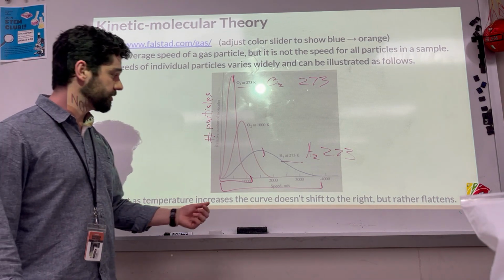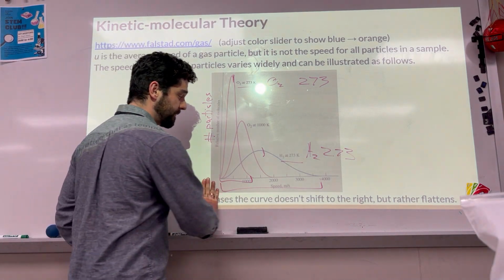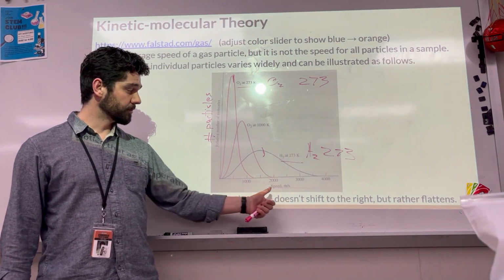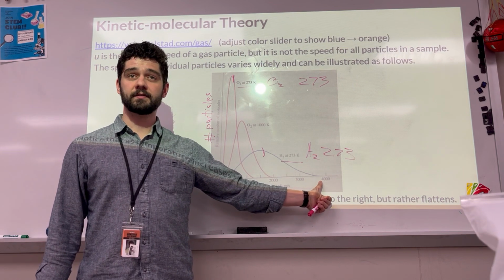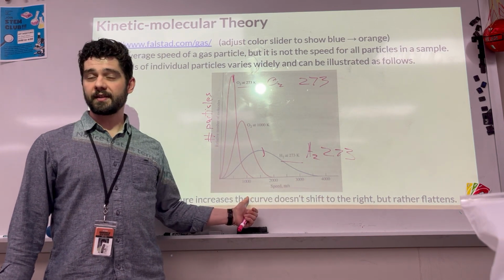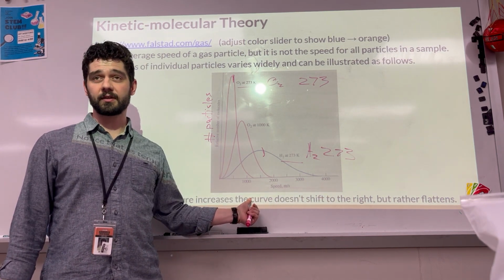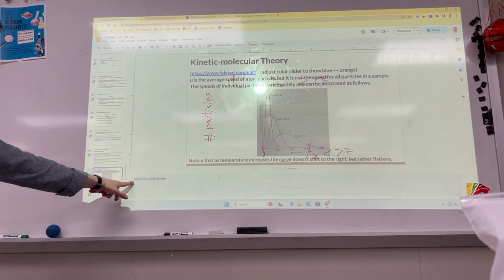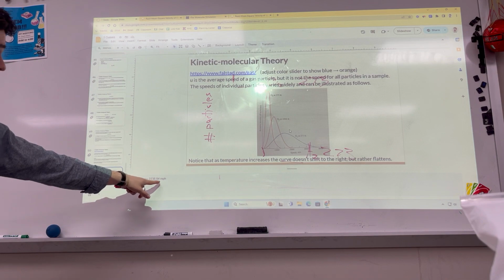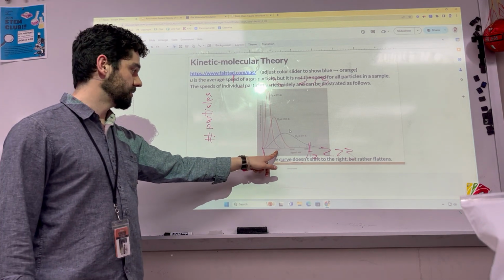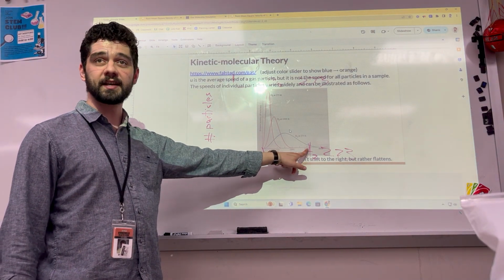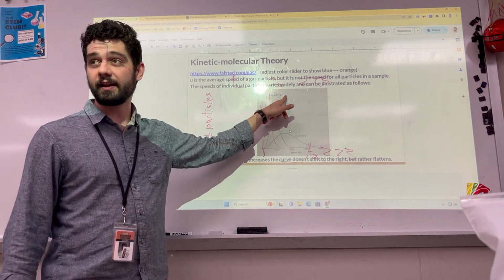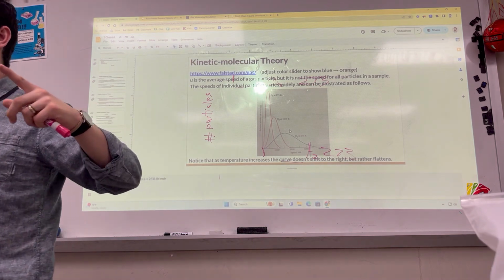Also, just to give us an appreciation for this, do we see how fast these particles are moving? Those are meters per second, 1,000, 2,000, 3,000, 4,000. This is thousands of meters per second, which is also thousands of miles per hour. I made a little note: 1,000 meters per second is 2,000 miles per hour. So 2,000 miles an hour, 4,000 miles an hour, 6,000 miles an hour. And that's at freezing, right? That's cold. So at room temperature,